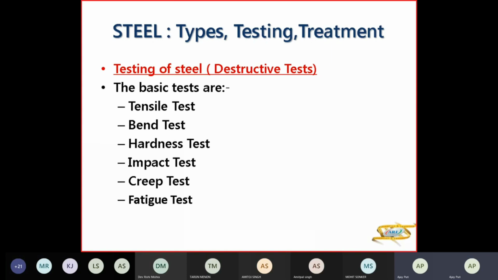अच्छा, अब ये देखो, टेंसाइल टेस्ट आ गया, बेंड टेस्ट आ गया, हार्डनेस टेस्ट आ गया, इम्पैक्ट टेस्ट आ गया, क्रीप टेस्ट आ गया, फटीग टेस्ट आ गया। अब आपको याद करना है तो एक लेटर बना सकते हो, क्या लेटर बनाओगे? कोई भी लेटर बना देना। HIT बना दिया, हिट, और BCF कर दिया। हिट BCF बनाया तो 6 के 6 याद हो जाएंगे।